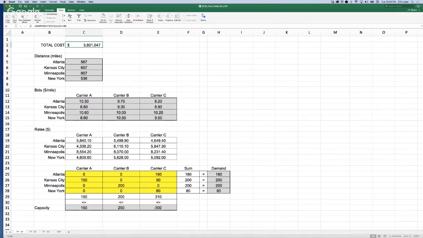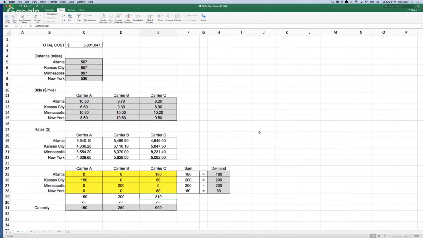Okay, so that's done. And the question was asking how many loads should be assigned to each of the carriers. So the answer to this question will be 150 loads assigned to carrier A, 200 to carrier B, and 310 to carrier C. Okay, so that will be the answer that you should be providing.